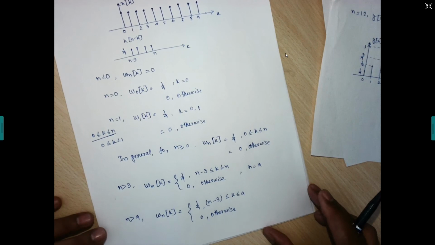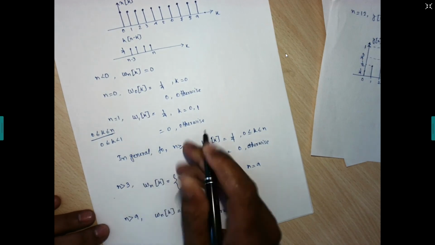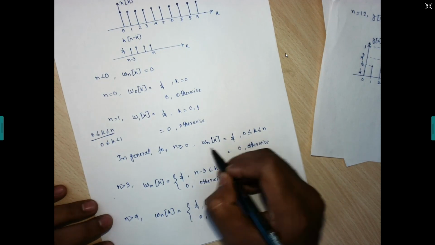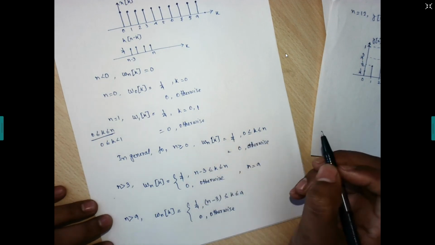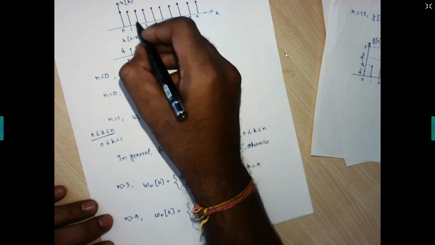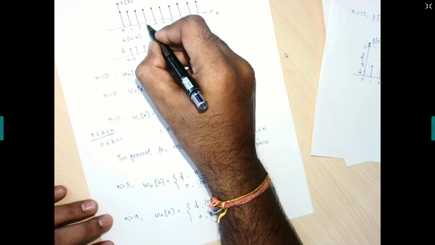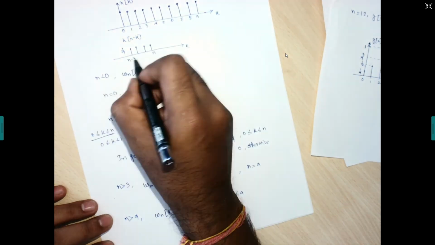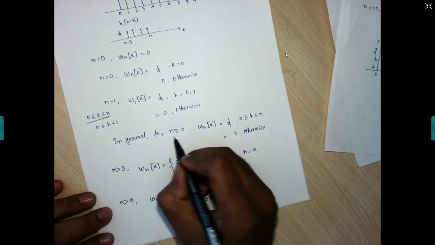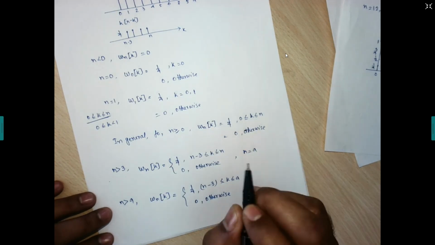So what I have written over there is that in general, for n greater than or equal to 0, on the right-hand side we have amplitude 1 by 4, this intermediate signal, starting from 0 to n. If we move up to 3, these 3 samples will have the interaction with these 3. Next, if you go up to n equals 3, we have 4 samples, and all the 4 samples will have the interaction, right? So if you take n equals 3, there is 1 by 4, then another 1 by 4, then another 1 by 4.